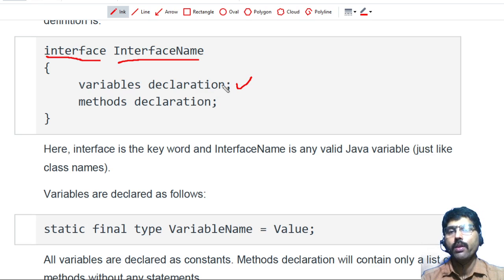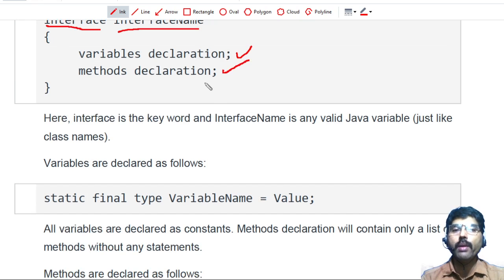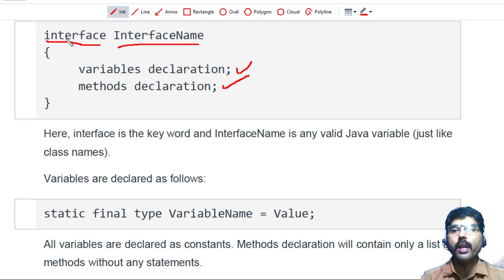The second one is the method declaration part, which only contains the declaration, it never contains the code. I never write the code for the method here. Those two points you have to remember in the interface. The first is that variables are constants. The second is that methods contain only the declaration part, not the definition part. You are not writing the code in the methods.